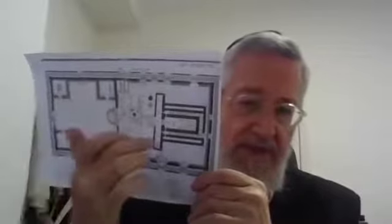5 on each floor, north and south. But north and south had 3 floors. That means on the north side, first floor you had 5, second floor, third floor, 5 times 3 is 15. The same thing for the south, 30. In the west, first floor 3, second floor 6, third floor 2 more, 38. And the Mishnah tomorrow will tell us that there are 38 compartments. To understand really what I just said,